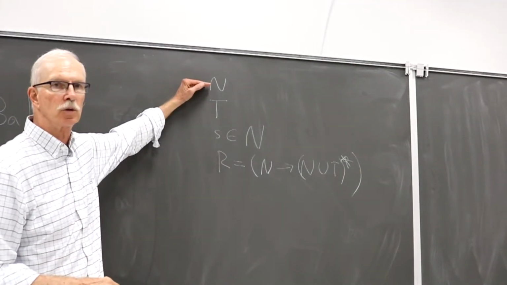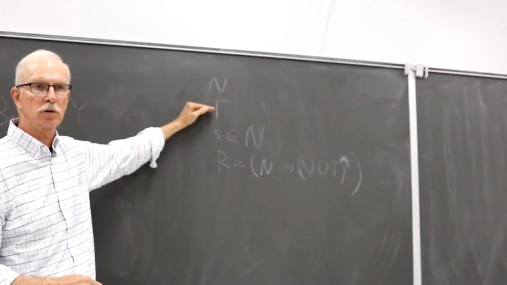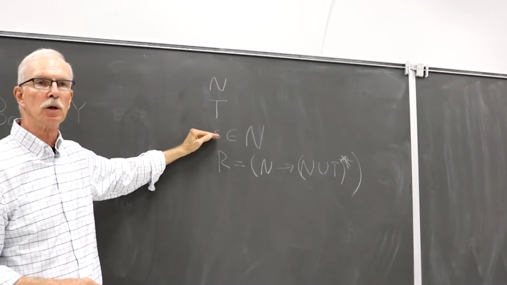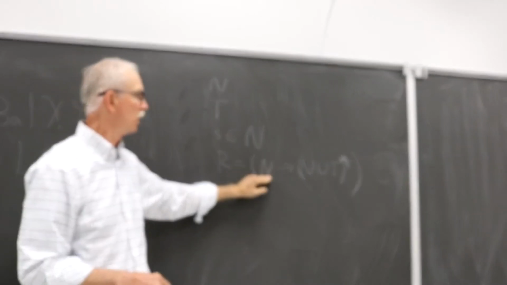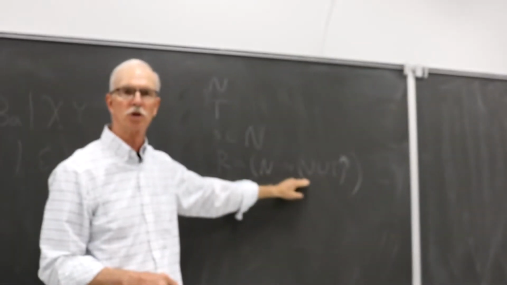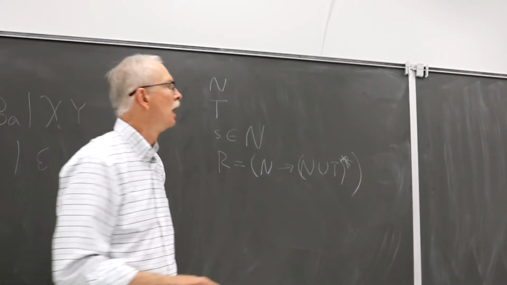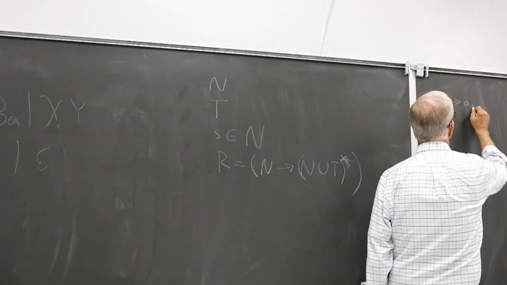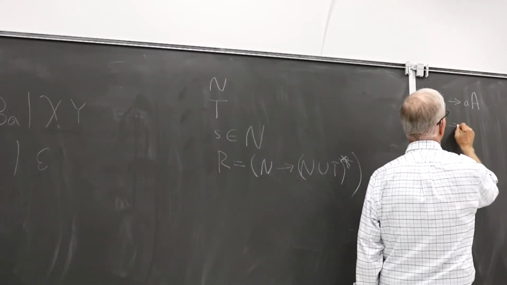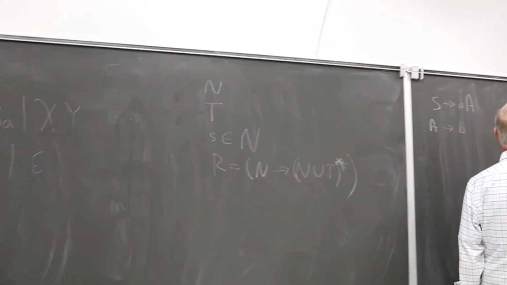So it's got a set of non-terminals, A, B, S. It's got a set of terminals, little a, little b. It's got a non-terminal which is the start symbol. And then it's got rules where non-terminals go to terminals and non-terminals in some fashion. Okay? If I write a grammar like this, that's a different grammar than if I write